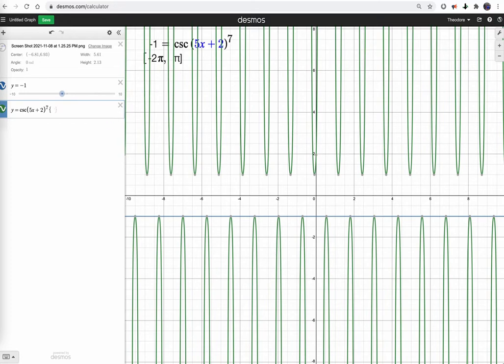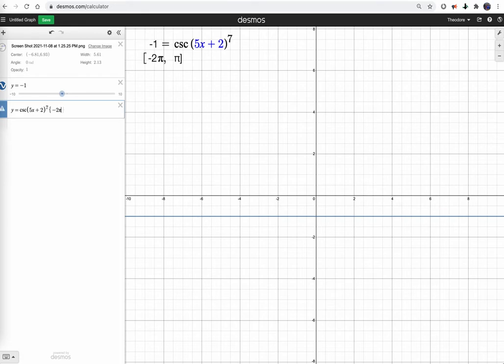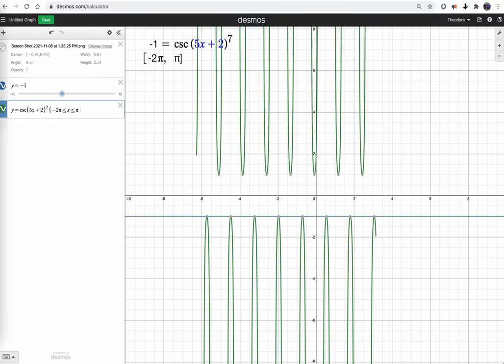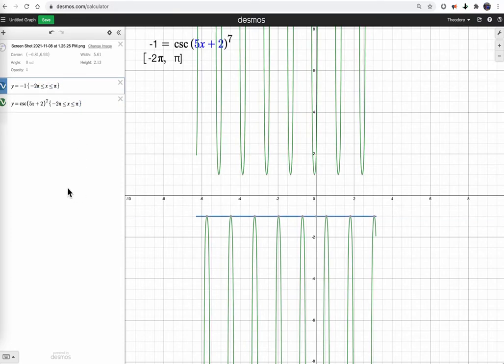So open the squigglies: -2 pi less than or equal to x less than or equal to pi. All right, -2 pi to pi. And then I'll also restrict my y equals -1 equation with that same set of boundaries. All right, we don't need this top stuff,